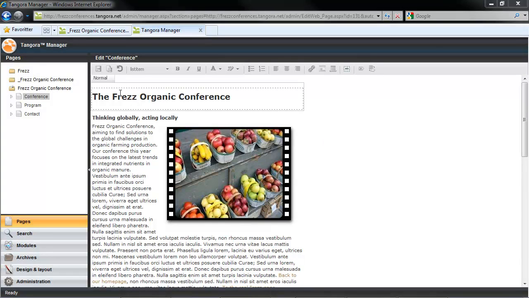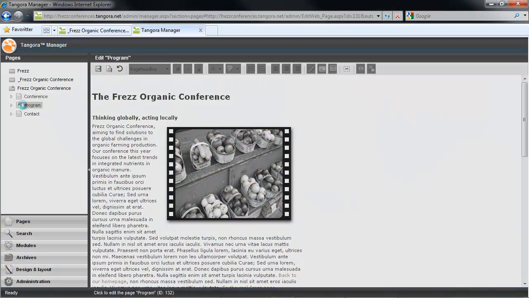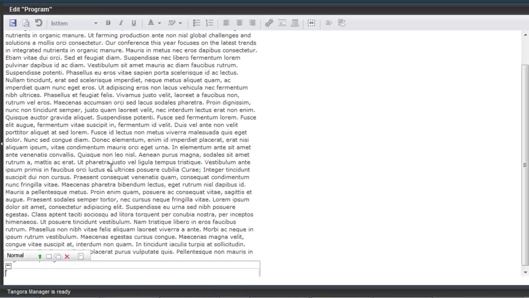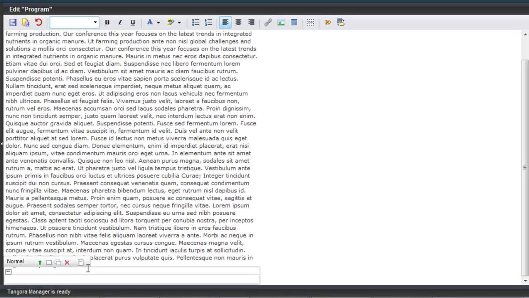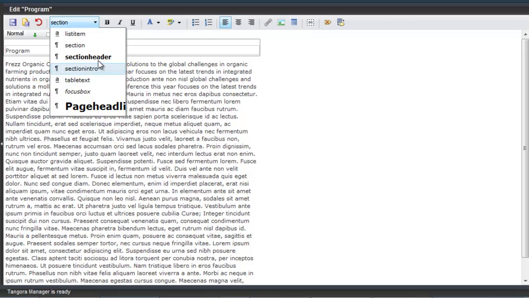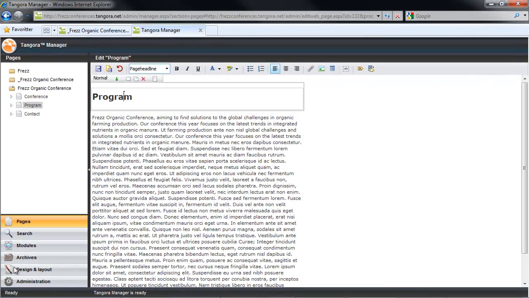I created in an earlier video a page with a section to add a headline, which I'll briefly repeat here. I clicked on an existing section, added a new section, and I added some text. Positioned the section at the top of my layout using the green arrow keys on the sections. And finally styled this text with a global typography, which I created under Design and Layout Typographies. I'll save my page now as a matter of course.